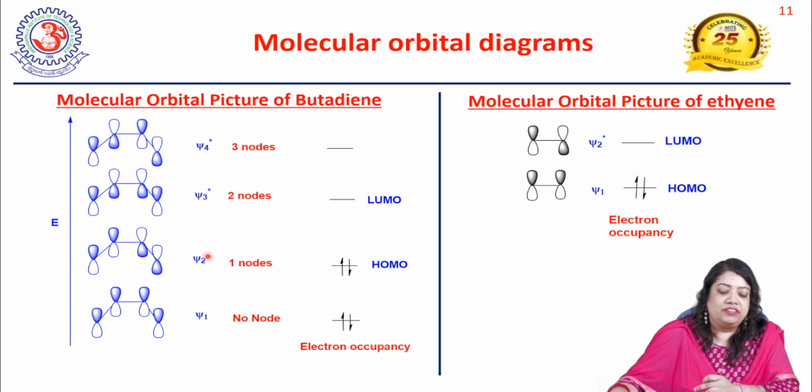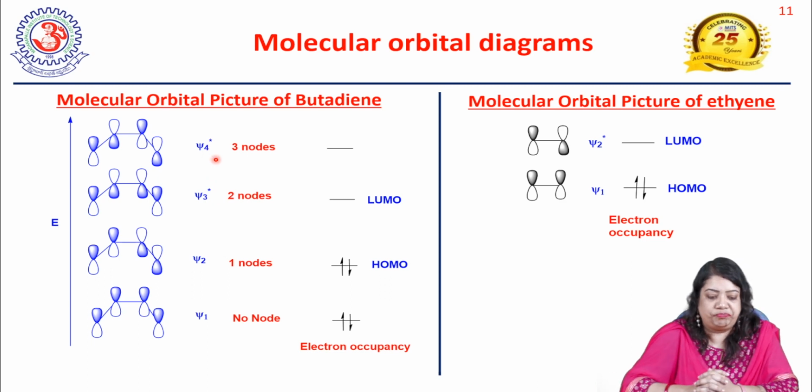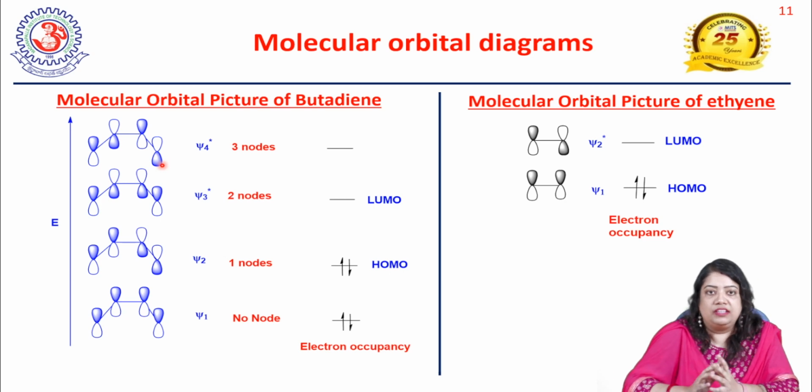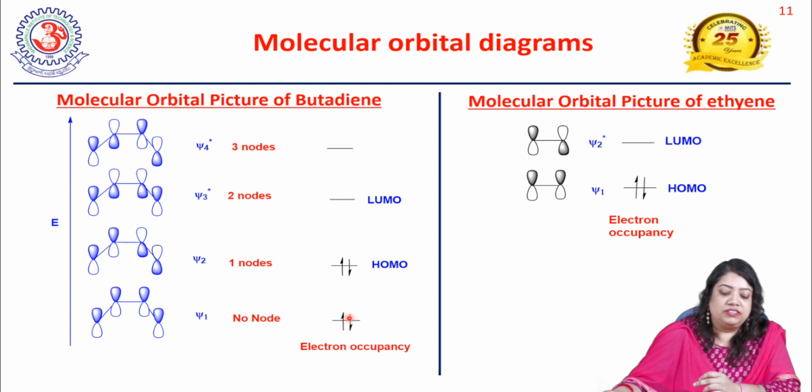Among them, Chi1 and Chi2 are bonding molecular orbitals and Chi3 star and Chi4 star are antibonding molecular orbitals. As we go from Chi1 to Chi4 star, the number of nodes increases one by one. Chi1 contains no nodes and Chi4 star contains 3 nodes. Now, the butadiene system has 4 pi electrons. Among them, 2 pi electrons go to the Chi1 molecular orbital and the other 2 fill the Chi2 molecular orbital. So, for the butadiene system, Chi2 is our highest occupied molecular orbital, or HOMO, and Chi3 star is the lowest unoccupied